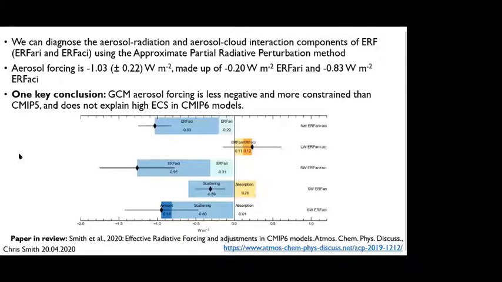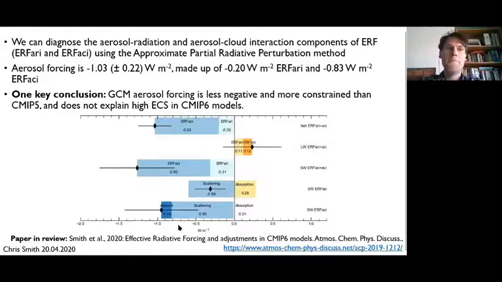Okay, and I'll ask a follow-up then. You talked about increased optical depth feeding into the aerosol forcing. Are you able in some way to look in the model sense whether there's a first versus second indirect effect? Can you separate that out in any way? Yes, we can. We can do it approximately. This method here allows us to determine the cloud fraction contribution to the total aerosol forcing.